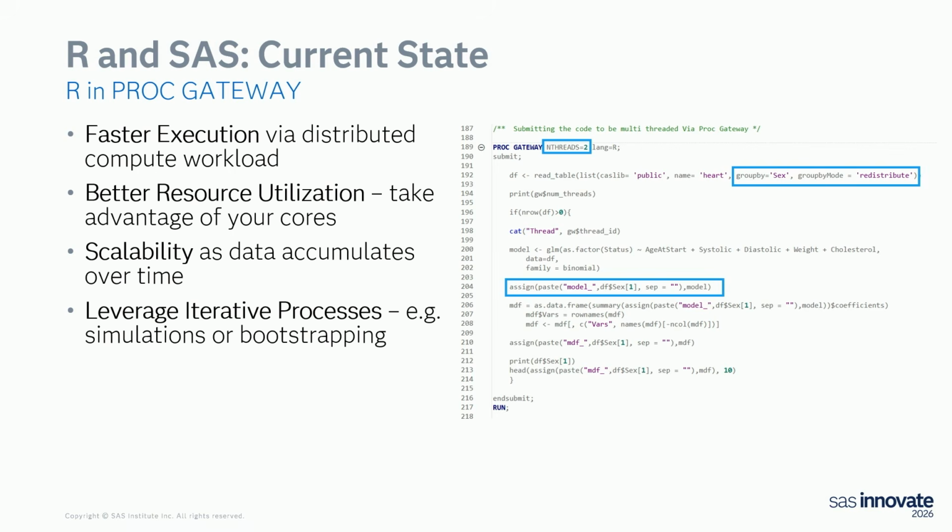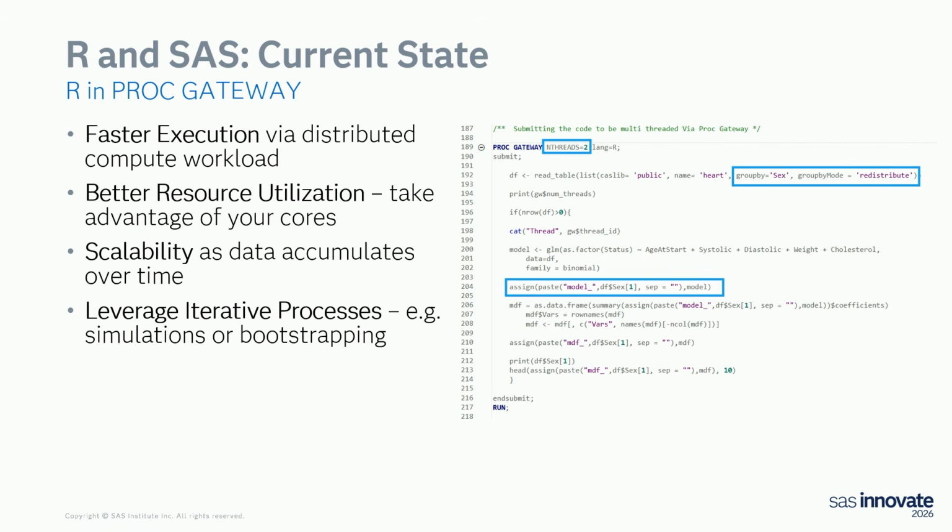In the first release of SAS VIA, we actually came up with this thing called Proc Gateway. Proc Gateway allows you to run R or Python in the same sort of concept, where you're just telling it, I'm running this as R code. Proc Gateway still actually is useful to those of us who are going to do some R stuff, because one of the things that it allows us to do, which is kind of tricky to do with R sometimes, is tell it I want to do a multi-threaded procedure here. So I can actually run R multi-threaded inside a Proc Gateway. And that's available in VIA right now.